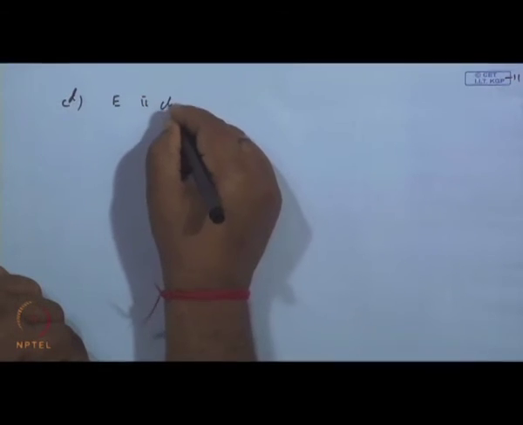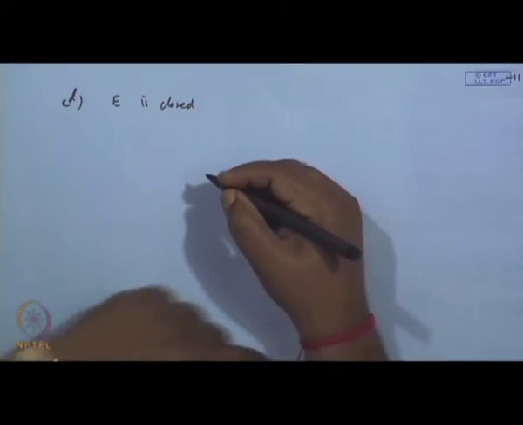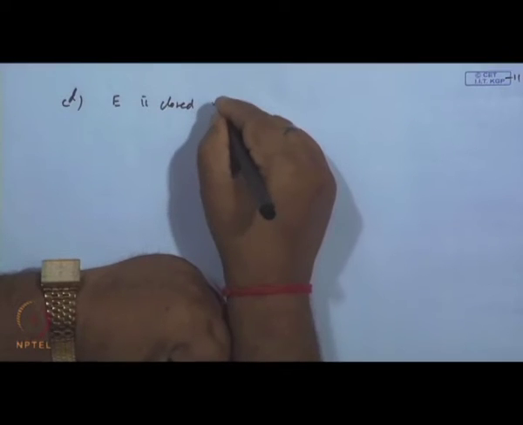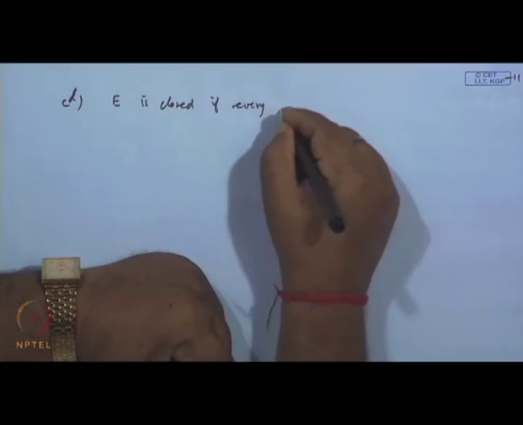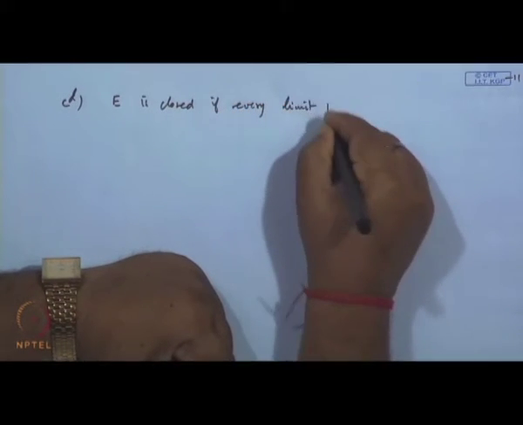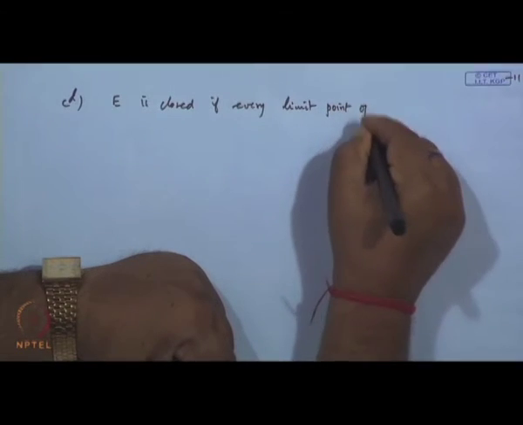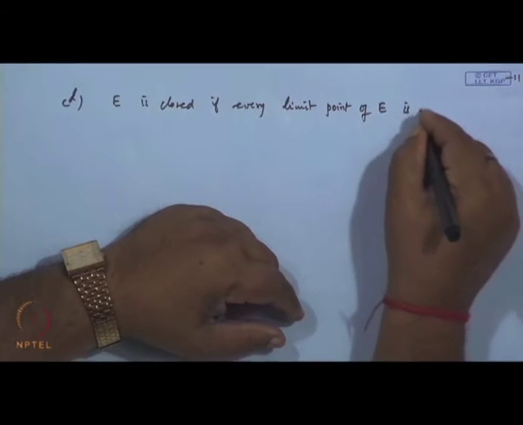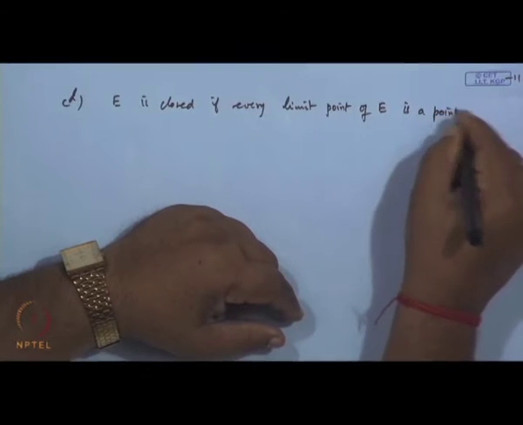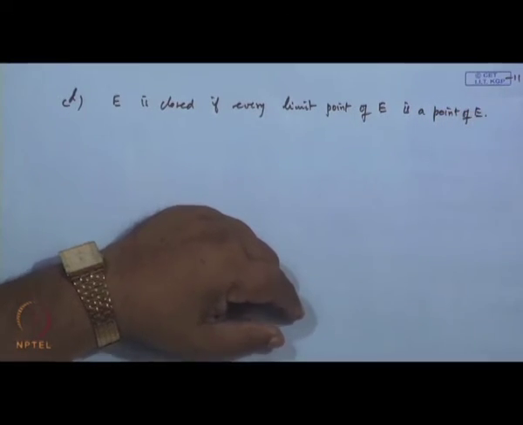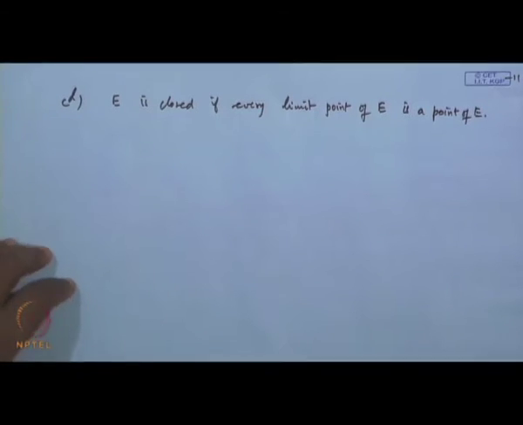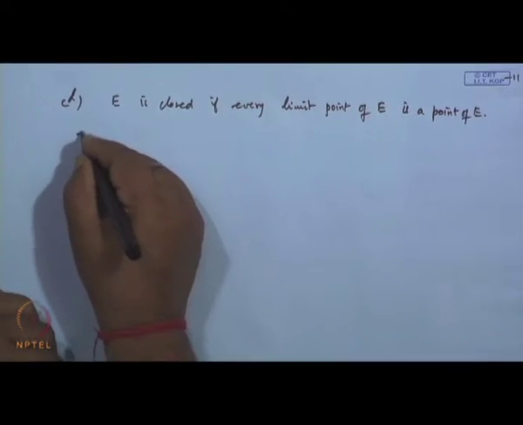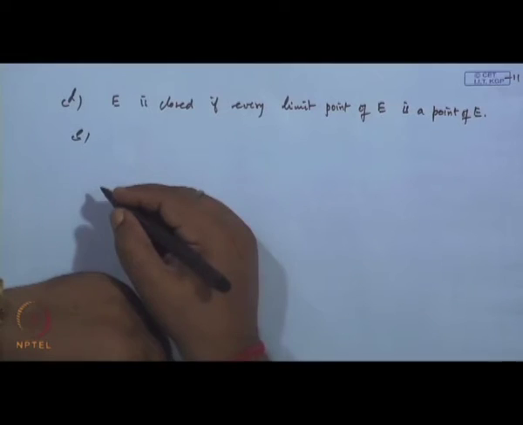E is said to be closed if every limit point of E is a point of E. Then E, a point P